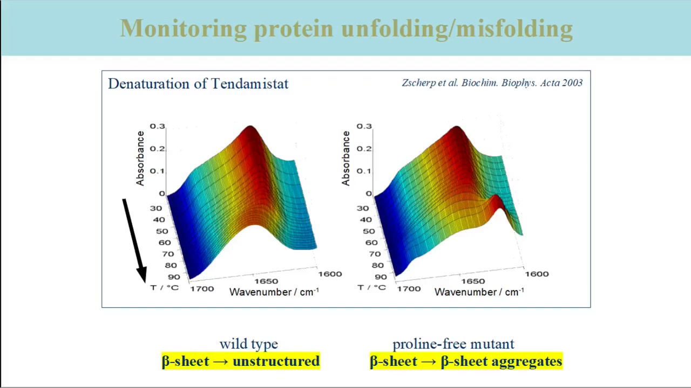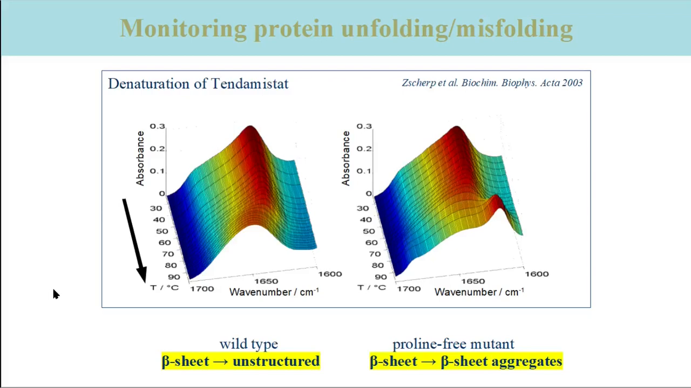In the next section, I will present some practical examples of how the amide 1 band can be used to monitor the structure of proteins. The sensitivity of the amide 1 absorption to secondary structure makes it possible to study protein unfolding and misfolding with infrared spectroscopy. The left-hand panel of the figure shows the typical spectrum of a small beta sheet protein at low